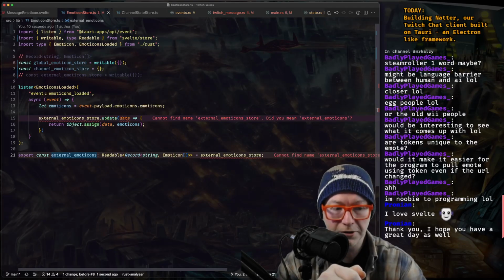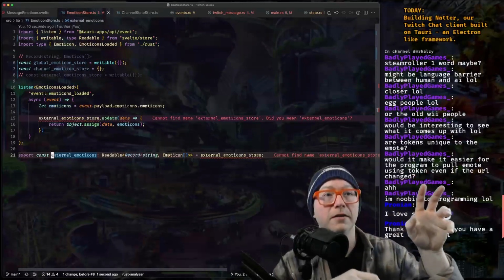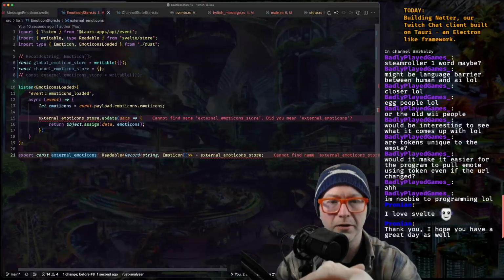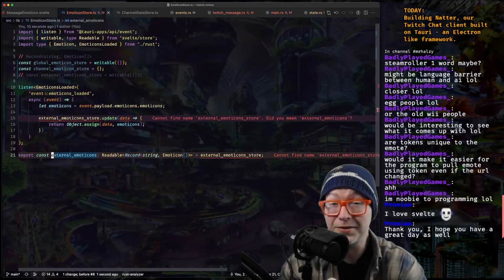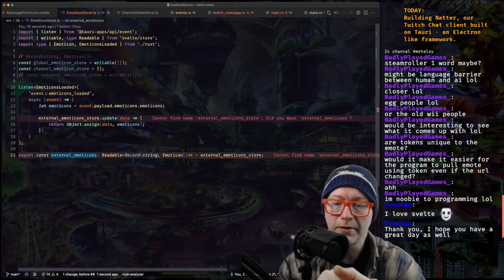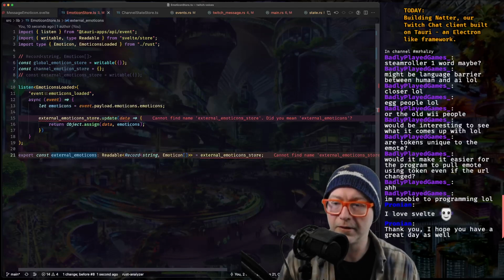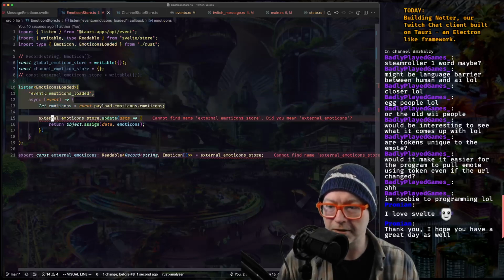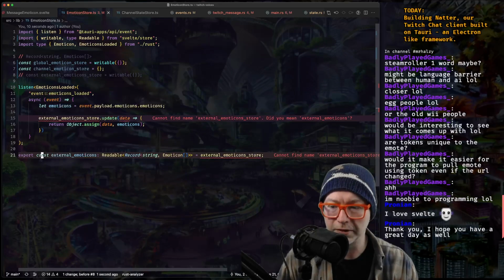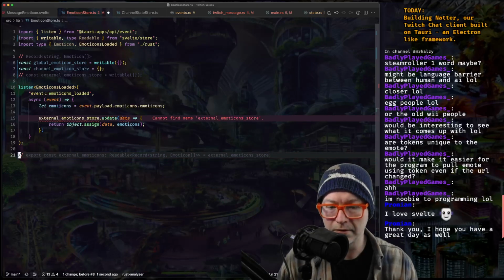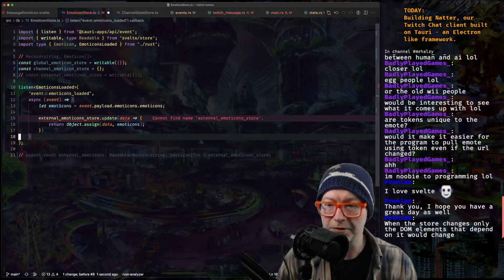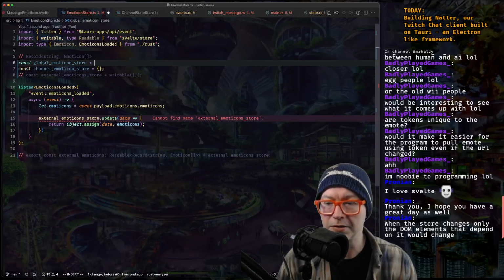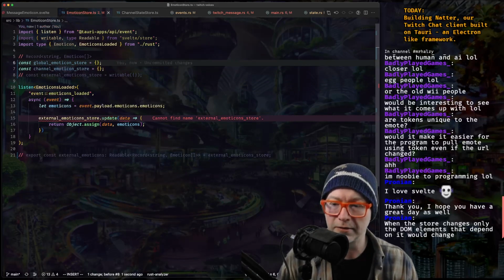Where things would need to change is if somebody went into settings and said, you know what, I want smaller emoticons, then everything needs to re-render. But the data for the emoticons is still the same. Okay. Oh, we'll fix up this listen thing later. I think we're going to get rid of that. Going to export something else. And do we even need a writable store? We don't. This can just be an object.